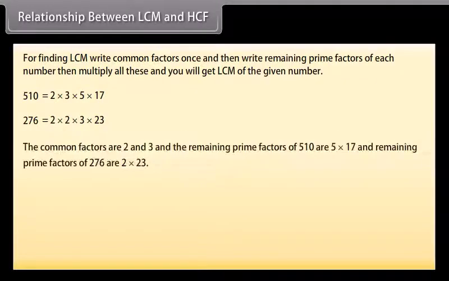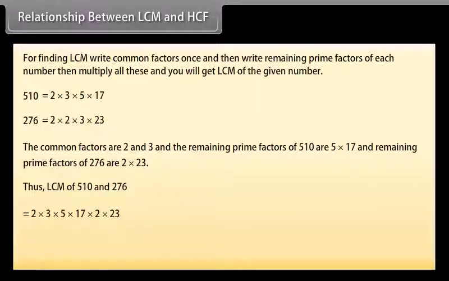The common factors are 2 and 3, the remaining prime factors of 510 are 5 × 17 and the remaining prime factors of 276 are 2 × 23. Thus, the LCM of 510 and 276 is 2 × 3 × 5 × 17 × 2 × 23 =